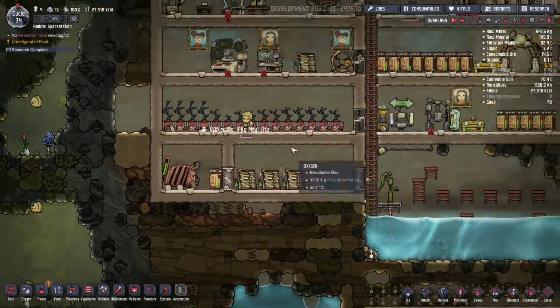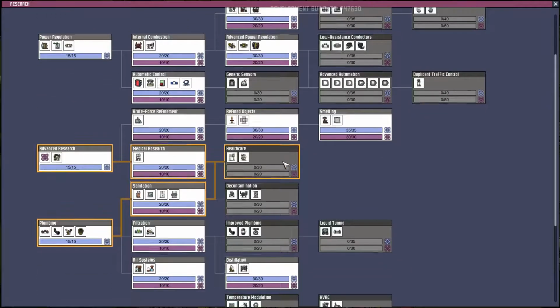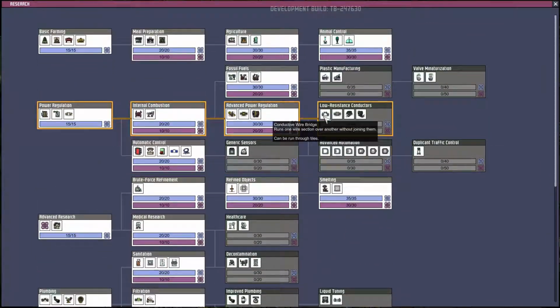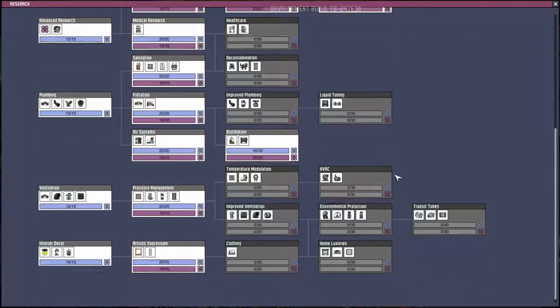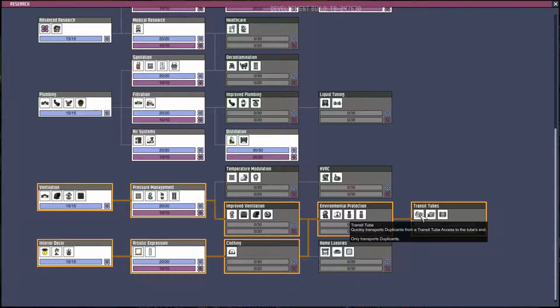That is actually insane. I don't know, I think we'll just go down the line here. Down the line. Because, honestly, we're starting to just... Transit tubes. Quickly transports duplicants from a transit tube axis to the tube's end. Only transports duplicants. Axis allows duplicants to enter the connected transit tube system. Allows transit tubes to be run through wall and floor. I forgot, this was the tubular update, which...